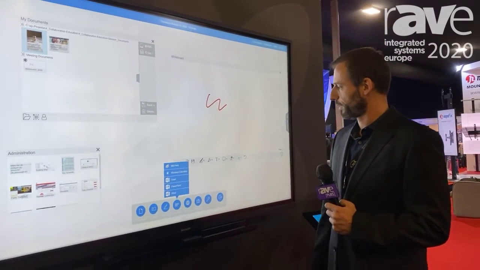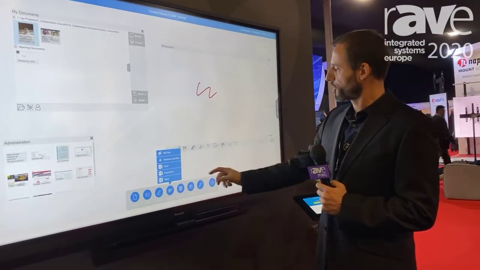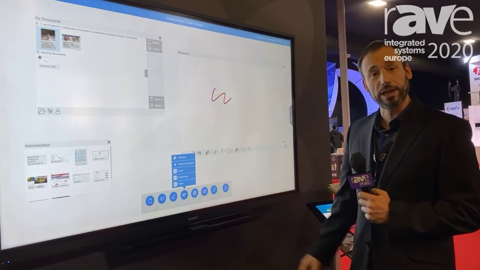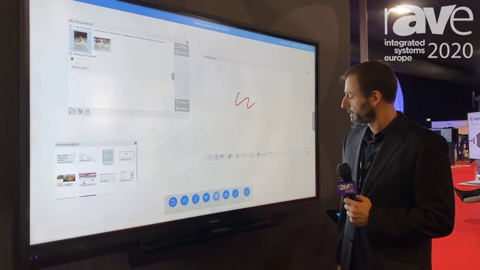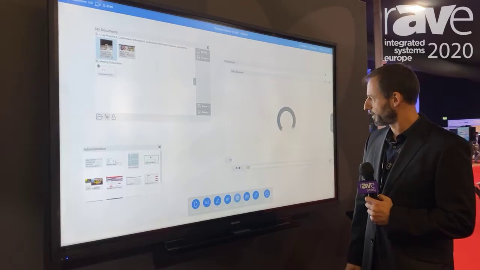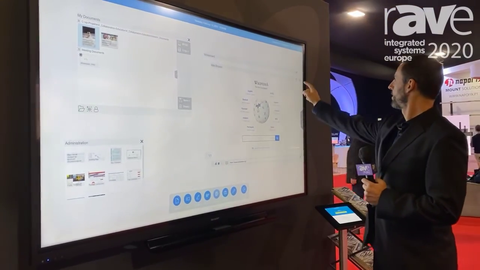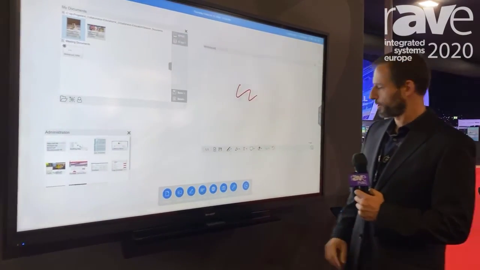Also, we have applications. We can start external applications. We can use a web browser right here. And at the end, we can do